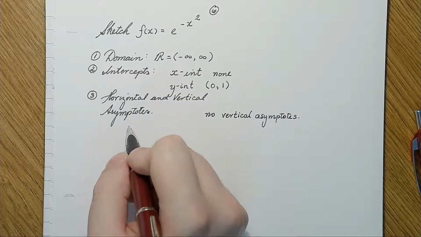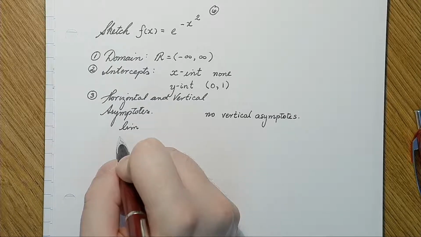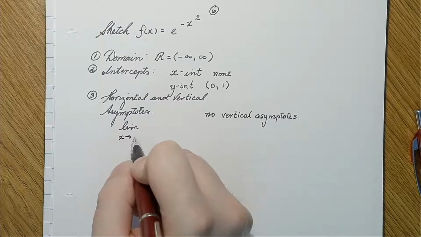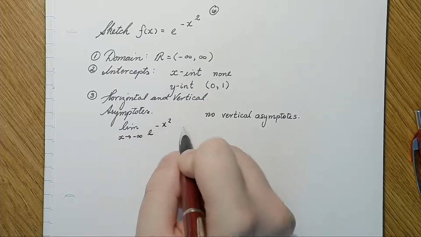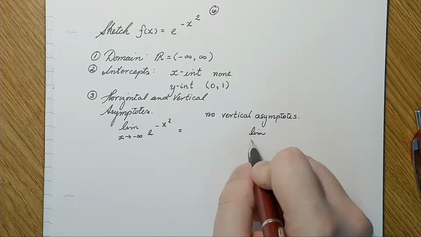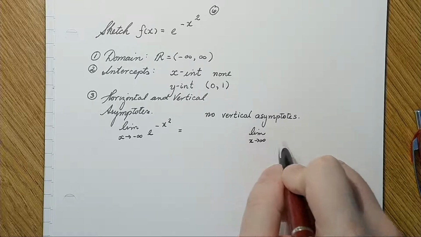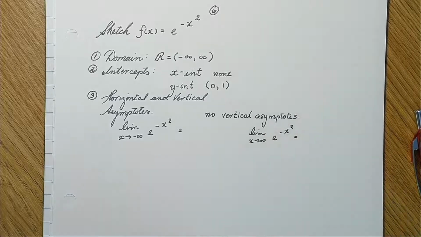Now the other one that we can look at is these two here. I look at the limit as x goes to minus infinity of e to the minus x squared, and the limit as x goes to infinity of e to the minus x squared equals